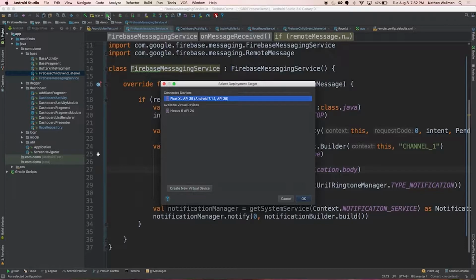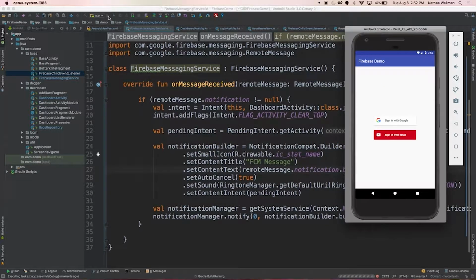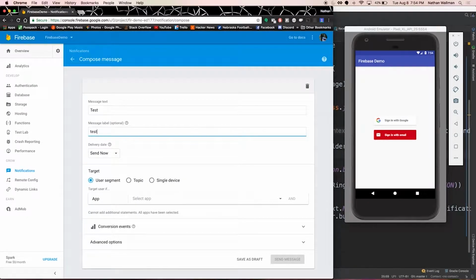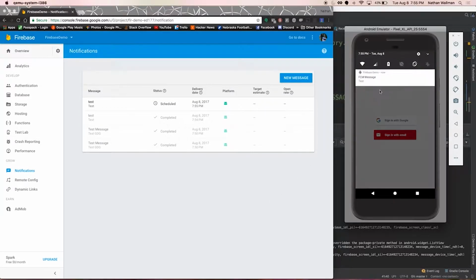All right, so I've implemented that. Now I think that's all I need to do in order to get the foreground messaging working. So now I'm in the foreground, so I can test a new message here. We'll go ahead and send it to the same app. Go ahead and send it. All right, there it is. Okay, so I did use a different icon. So there's my foreground message from Firebase just by implementing that message service.